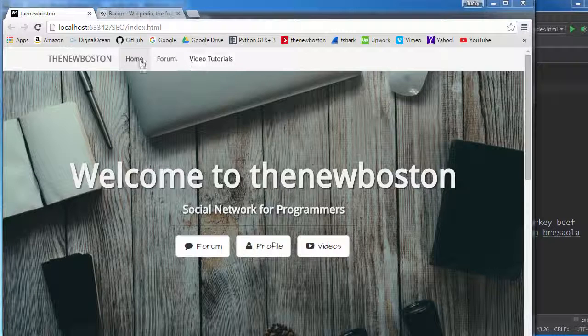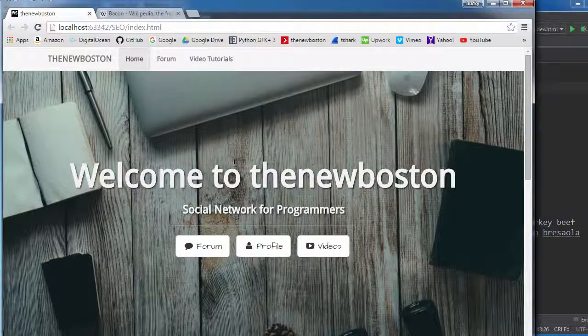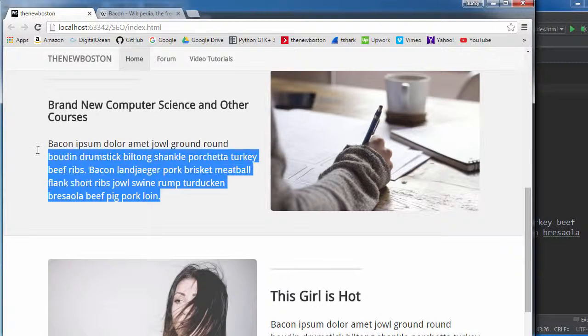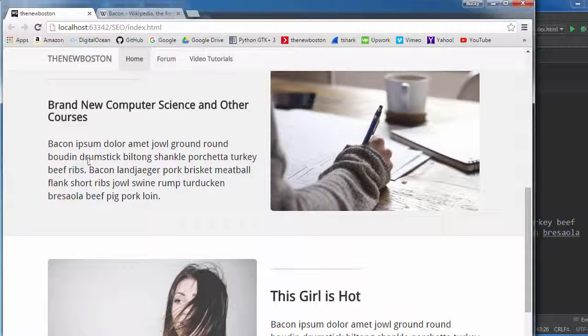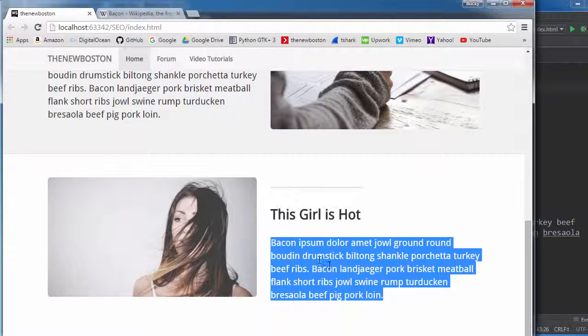So far we talked about navigation a little bit, the logo, all of the headings and stuff like that, the title. Your body content is pretty much everything else. So if you're writing an article, then it's the main text. If you're making a post on some social network, it's all the text that you wrote. It's pretty much the majority of your website is going to be made up of the actual main content.